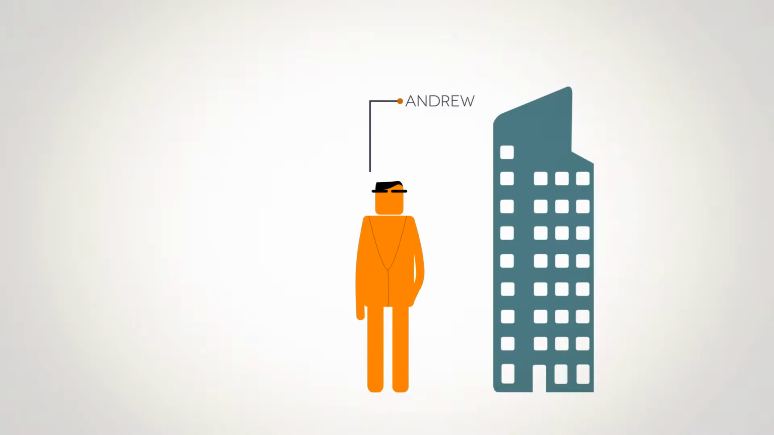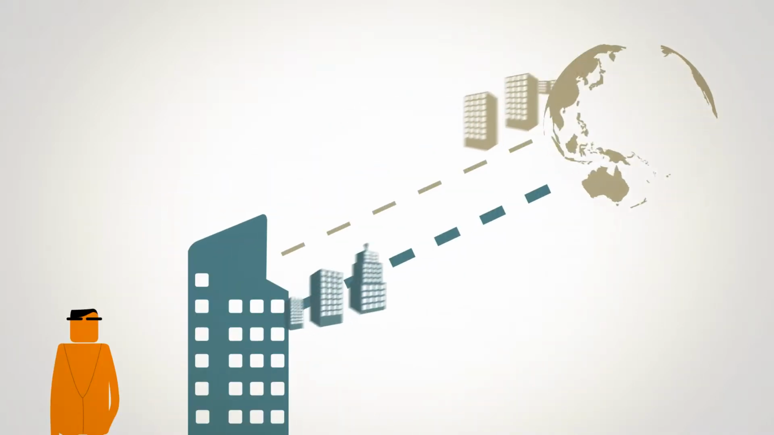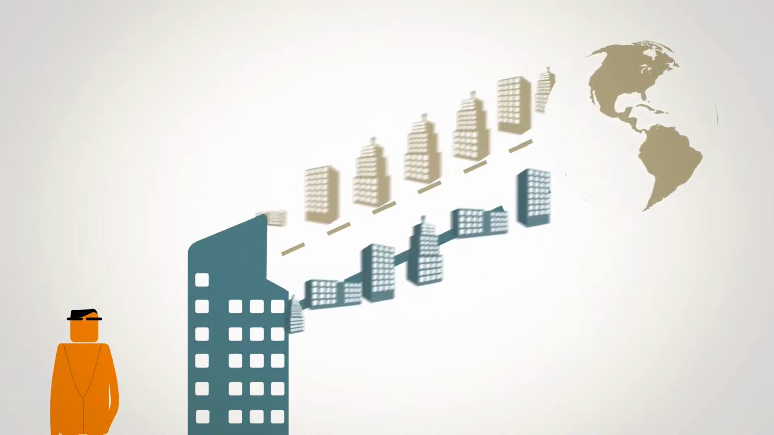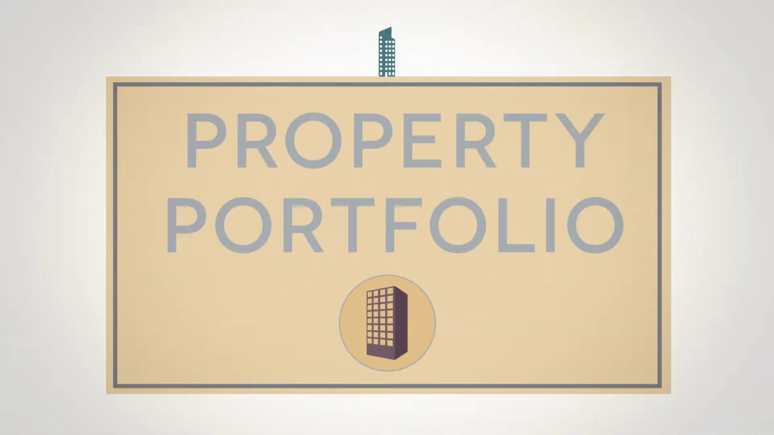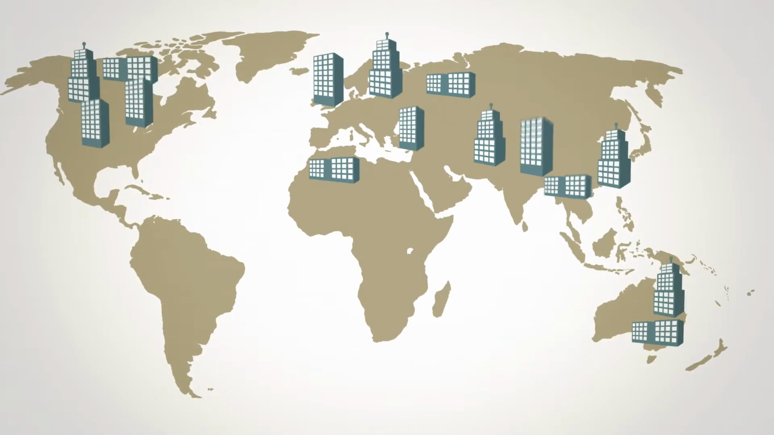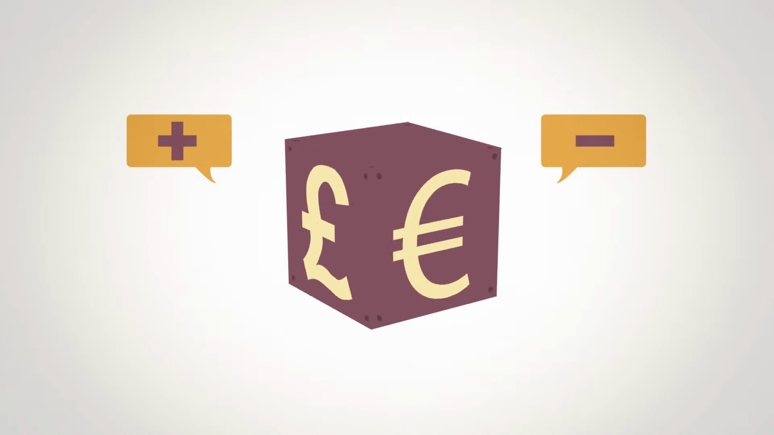Andrew runs a company that buys and leases office space in major cities around the world. The company has a large portfolio of properties, each of which was bought using money borrowed from either banks or bond investors. Since the properties are spread across different countries, Andrew makes and receives payments in numerous currencies on a